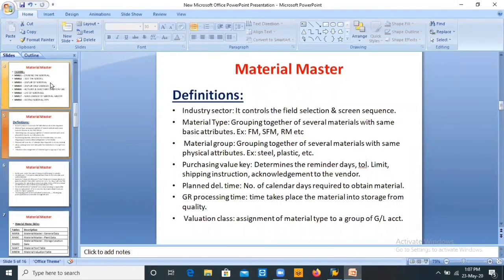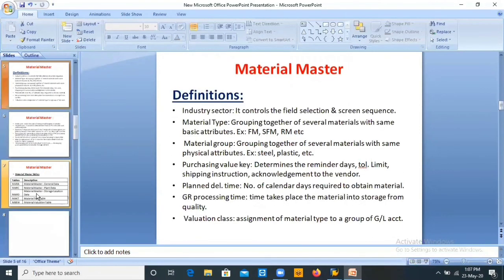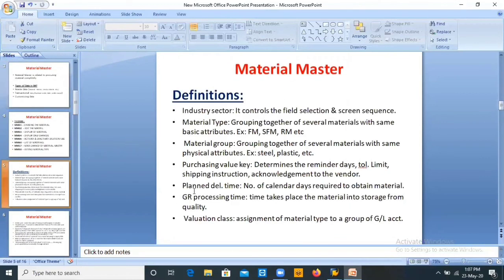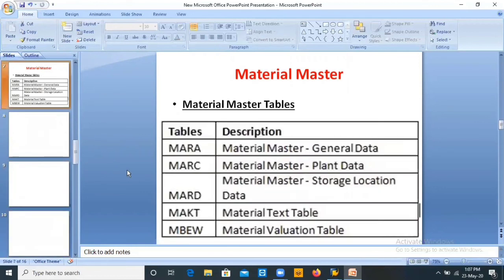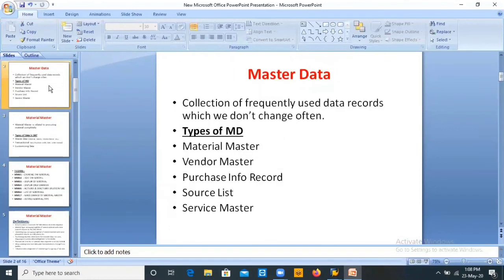Yes, the material master is completed. Whatever I told about the material master, the important fields, important views and definitions are important. I gave all the points here, so you can note them down. These are what the interviewer will ask about. All the definitions I gave here are for creating the material. Whatever I told you until now is important, and the class is completed.